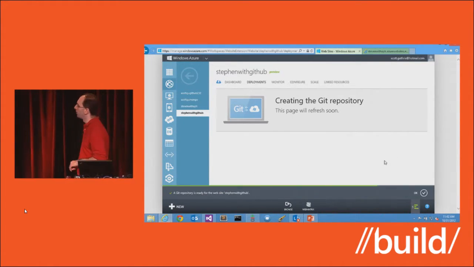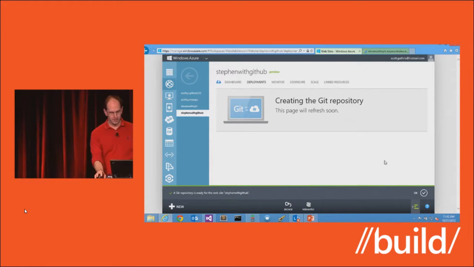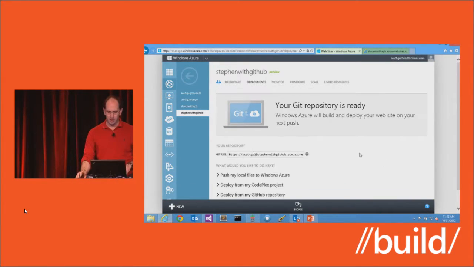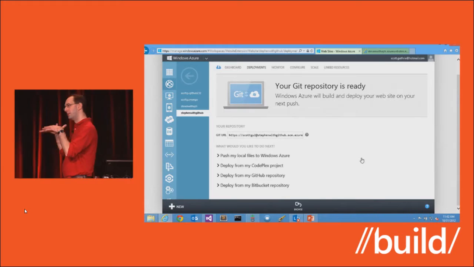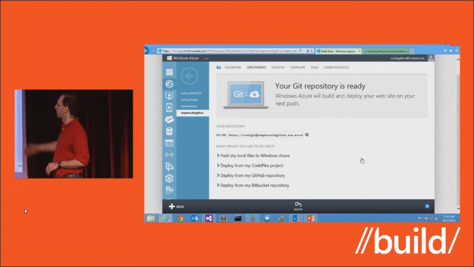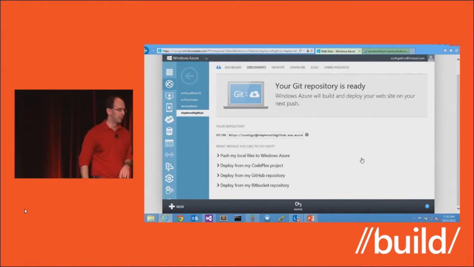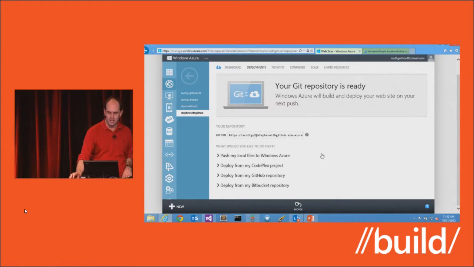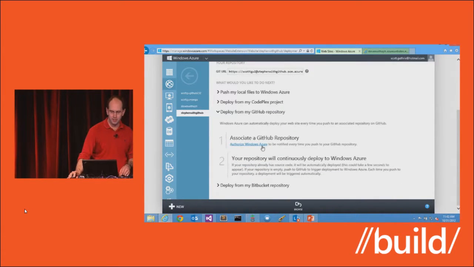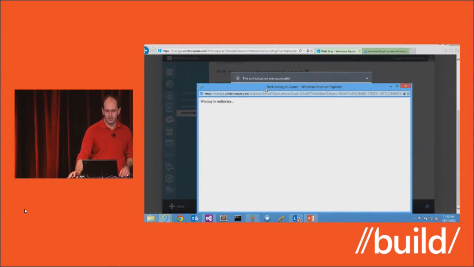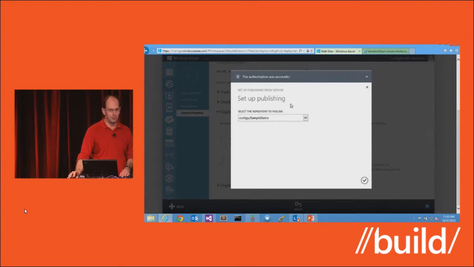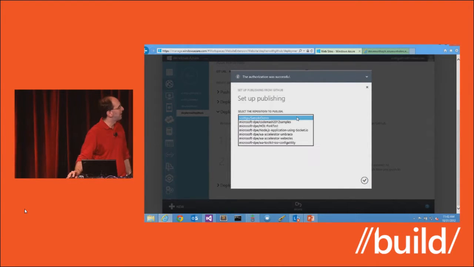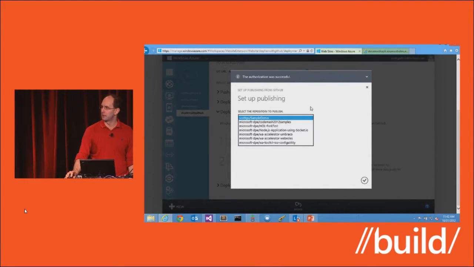And one of the cool things I can do as part of this is, I just showed a scenario where I'm pushing from my local dev machine up using source control into the cloud. You'll notice some of these links down here. I can also set up a continuous deployment model with Codeplex, GitHub, or Bitbucket. If I want to do GitHub here, all I need to do is click this authorize link. This is going to take me off to GitHub, where I can pick from any of the repos that I'm currently enlisted in. So I have a simple sample demo there.